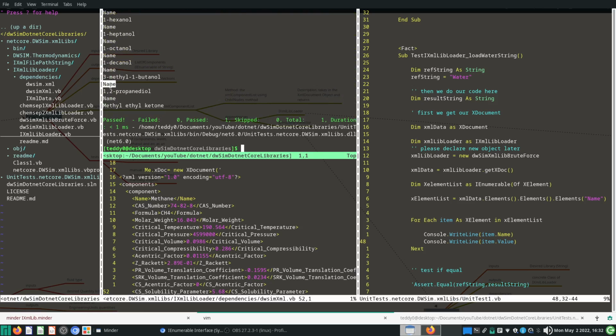Okay, see. So the name, propanediol, name, methyl ethyl ketone, so on and so forth. So we can do it for any property we want: molar weight, critical temperature, critical pressure. So we actually have a whole list of things. Okay. So now a little bit more difficult is, let's say I want the critical temperature of methane,